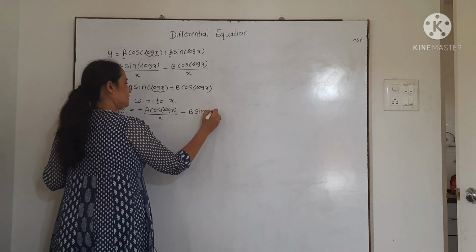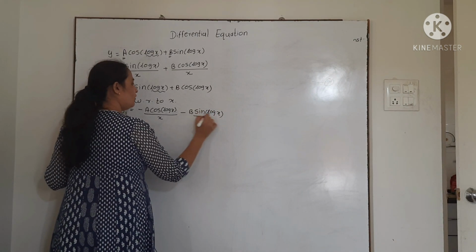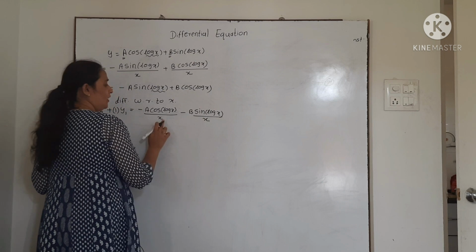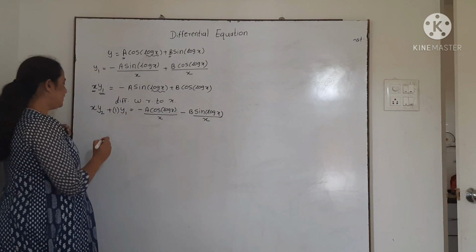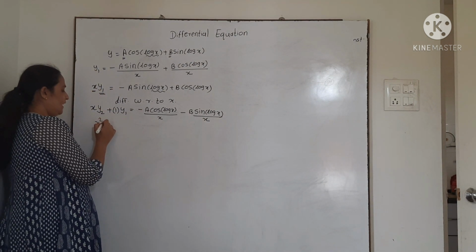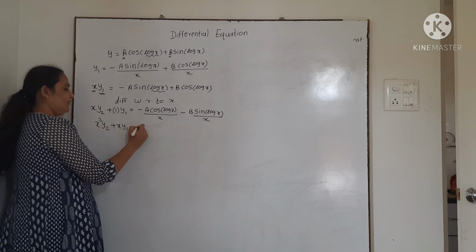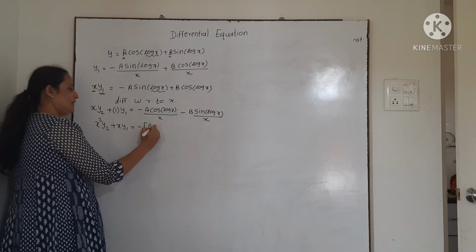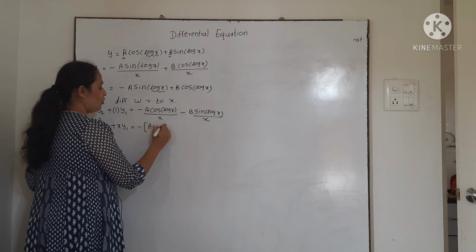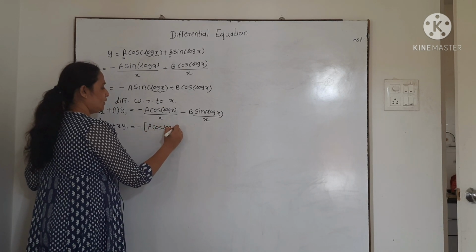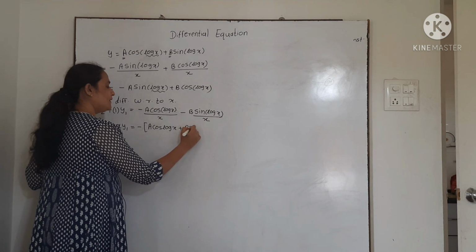into the derivative of log x, which is 1 upon x. We'll transfer this x to the left hand side. We get x square y2 plus x y1, if I take minus sign common, inside the bracket it is a cos of log x plus b sine of